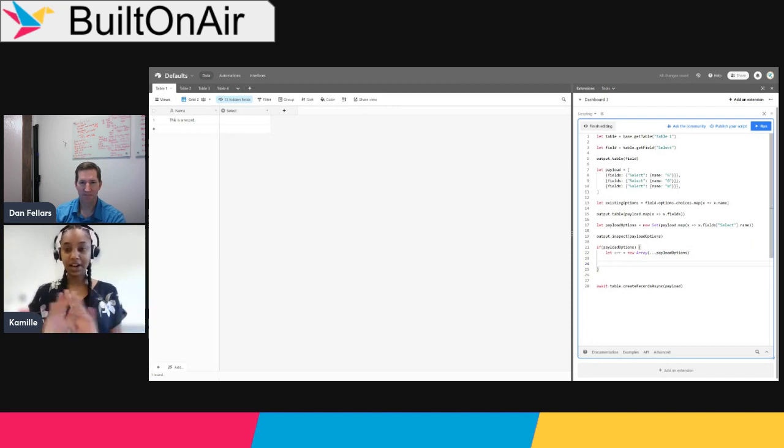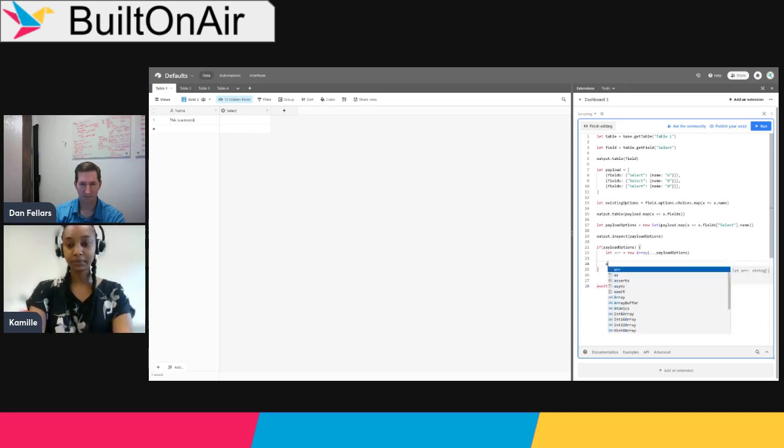Then, again, not the most efficient way to do it. In fact, this is not the way I would recommend to do it, but I want to talk through the sort of methodology of what we're doing. What I want to do is loop through each of those options that I'm trying to pass and see if they exist in the current field options. If they exist, I don't have to change anything. If they don't exist, then I'm going to have to update that field before I try to pass the payload so that those values will be able to stick. So with my new array of options that I'm trying to pass, good old for each